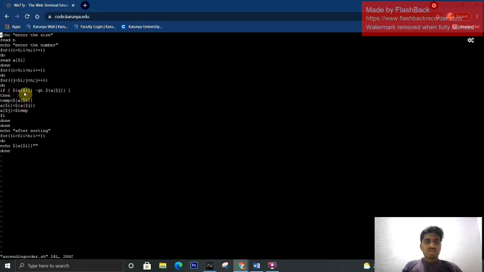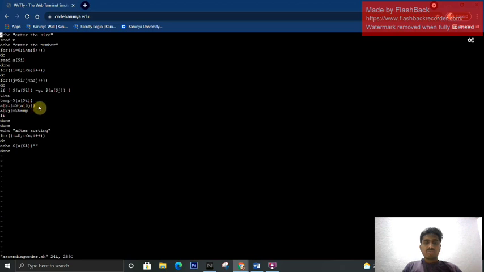It will come into it: if $a[$i] is greater than $a[$j], here the first value is greater than the second value. It will print temporary variable is equal to a[$i], and a[$i] is equal to $a[$j].